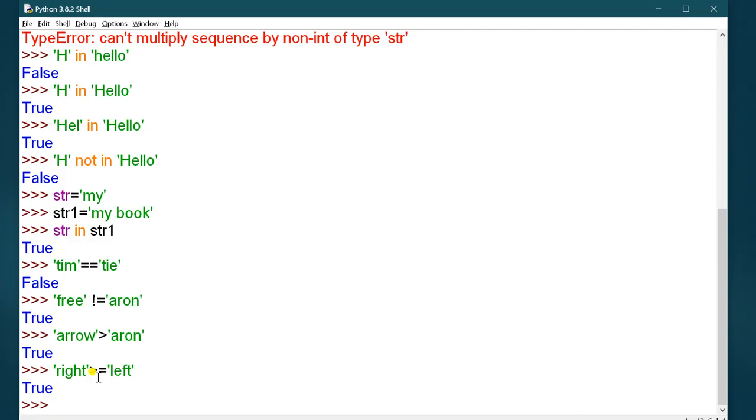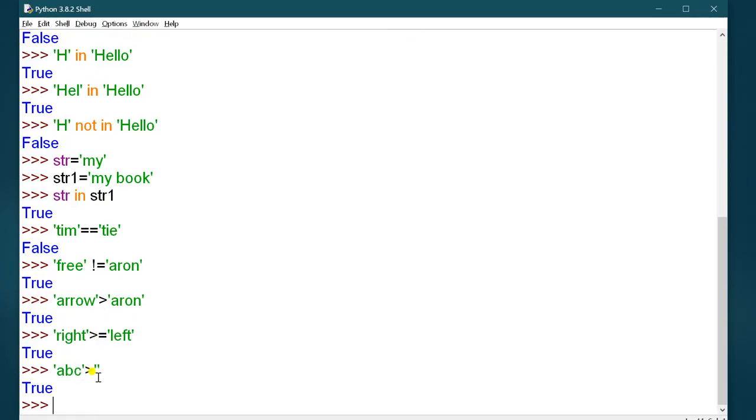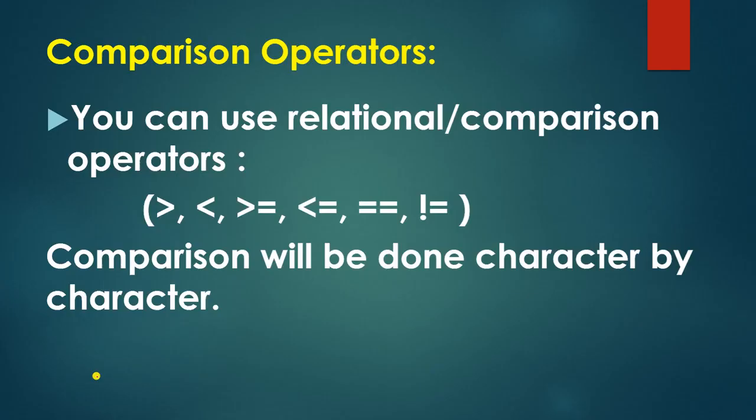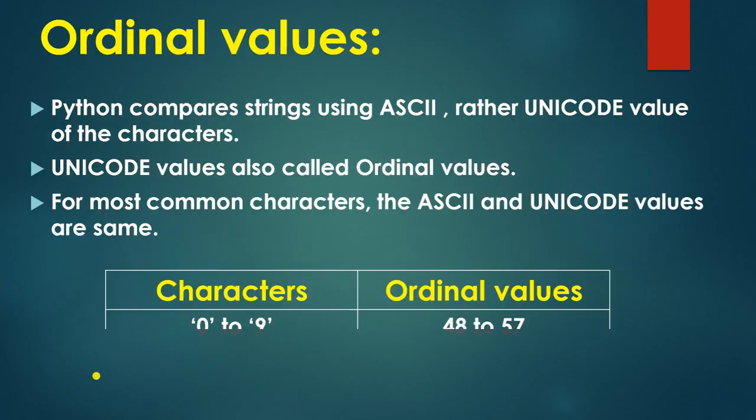By this way you can check the string. If you write ABC is greater than the empty string, it will give you the true value. I hope it is clear. So this is your comparison operator.